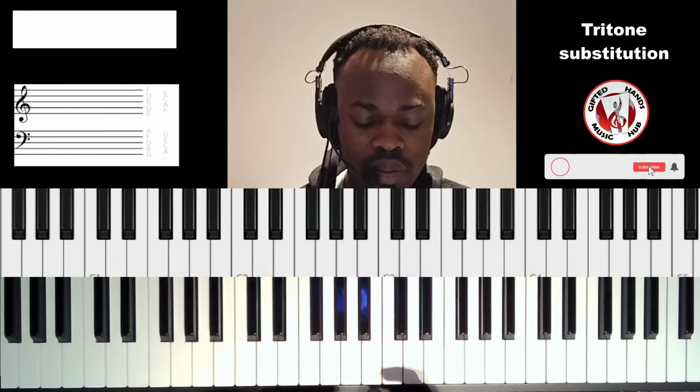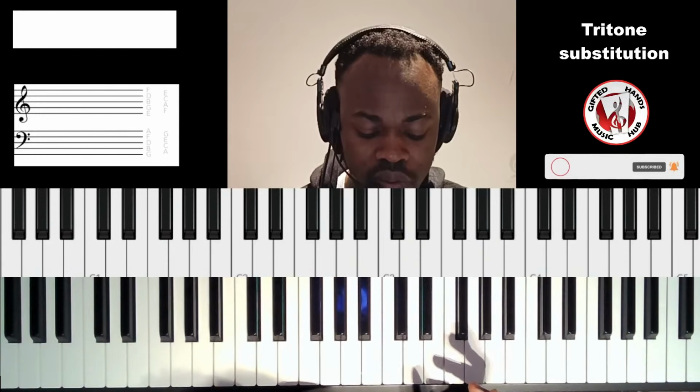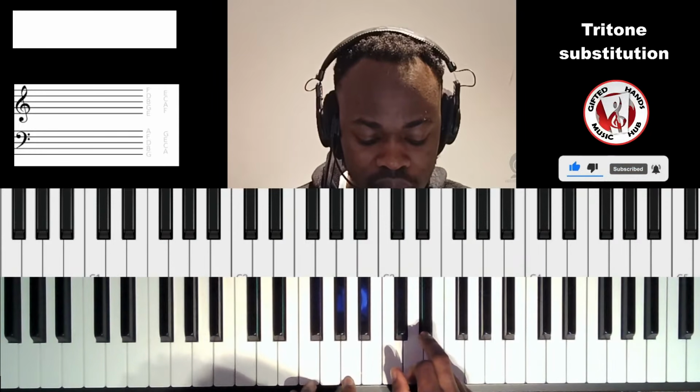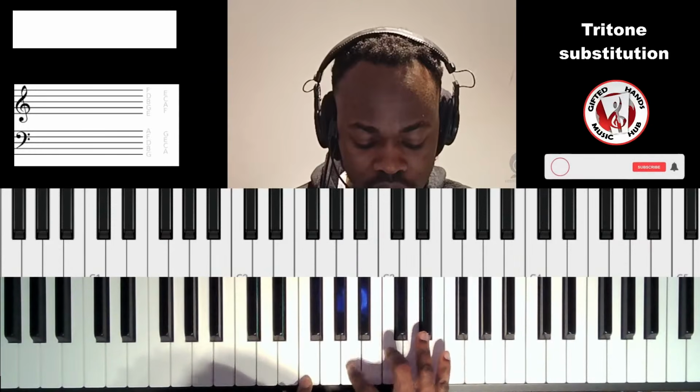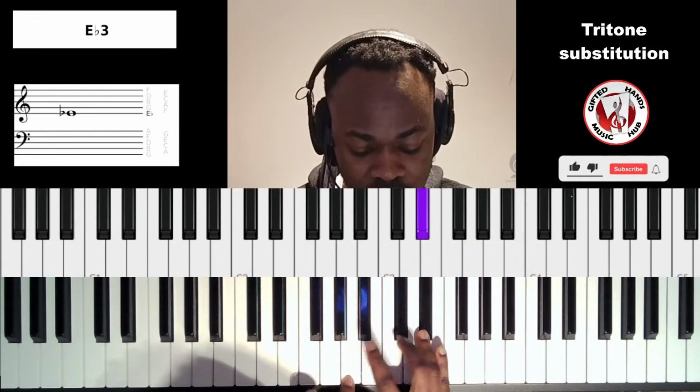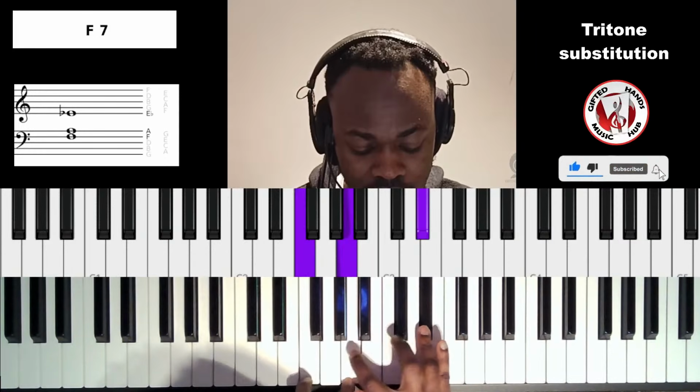All right, so that's the tritone interval, and the tritone is mostly found in the dominant chords. If I play F dominant 7, you realize that there's a tritone interval between the 3rd and the 7th. Okay,